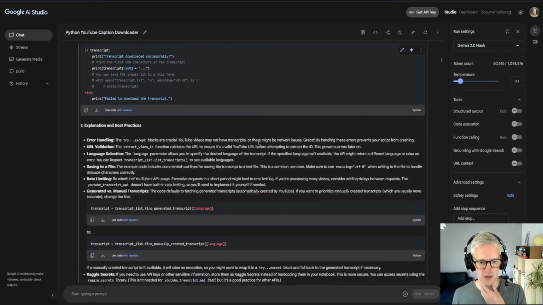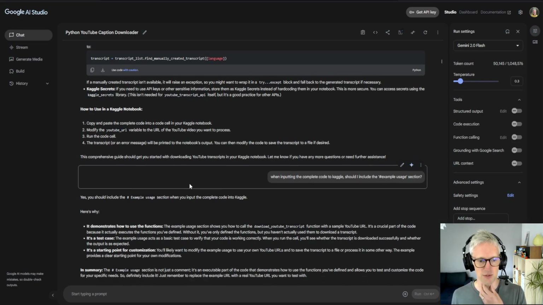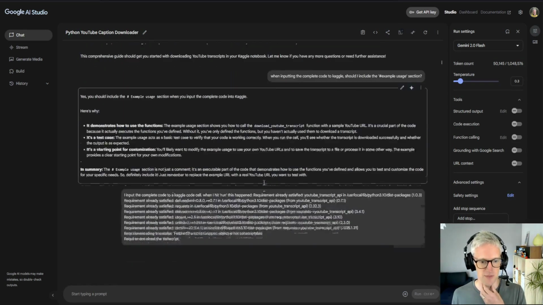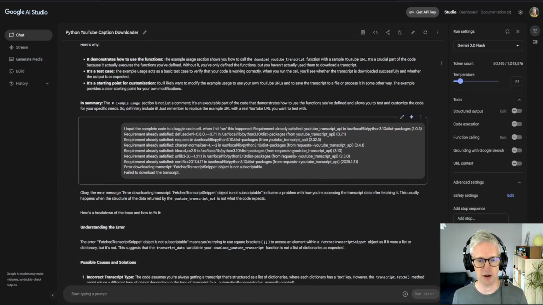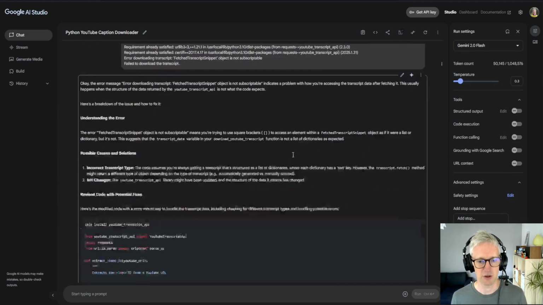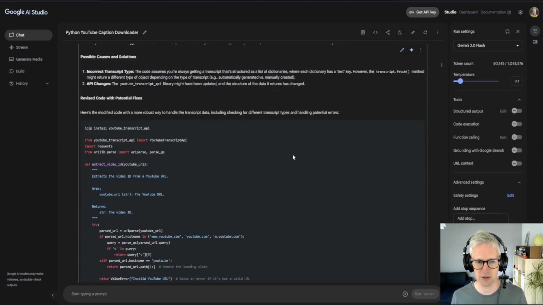So that is all great. And as you can see, I had all that code and I was like, well, should I include the example usage section? I wasn't actually sure what to do with it. And then it says, yes, include that. So I input it to Kaggle. And I got an error. What I did was I copy and pasted the error exactly from Kaggle into Gemini and sent that back. And it told me how to fix that. And so that was, I think, my third input